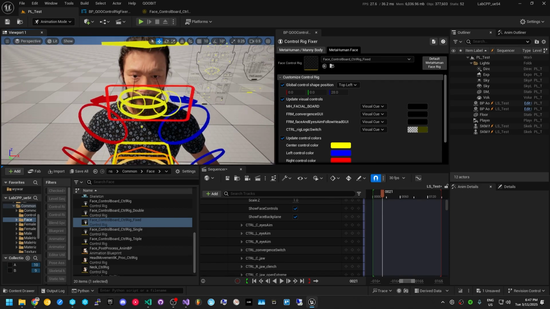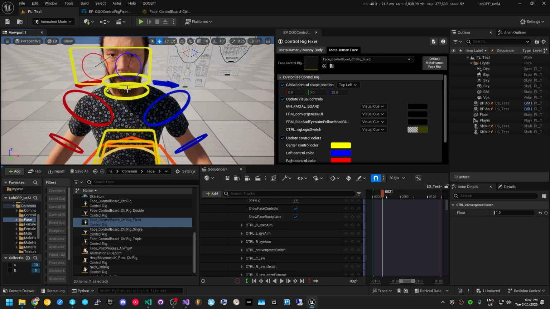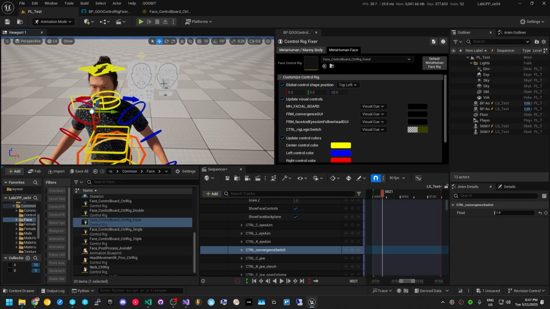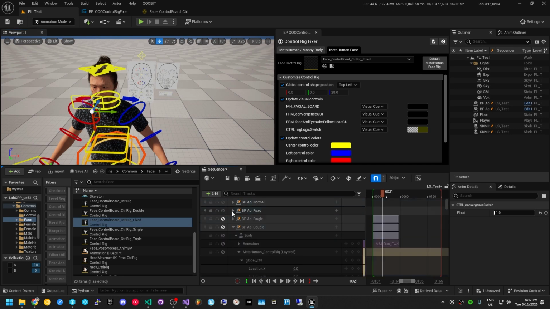Control, so it's a bit hard to select. And you'll see that we can't distinguish which is left and right when there's an overlap, as opposed to here, where we run the convergence and it's very easy to see which one's the left-hand and right-hand side. So to take a look at the different variants of the board, we've also prepared a couple of other samples